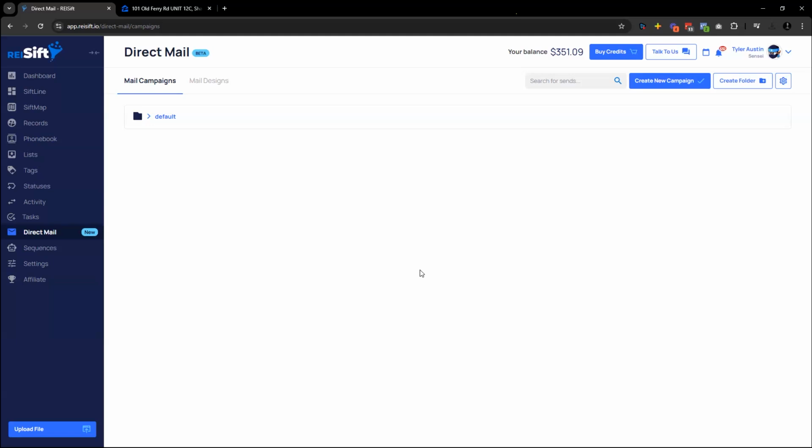How do I say this? For people that are going to be sending mail through Sift, knowing which templates are converting the best won't be a problem in the future. You won't use a phone number to know what campaigns are converting the most, because we know what records are being sent mail, and we know